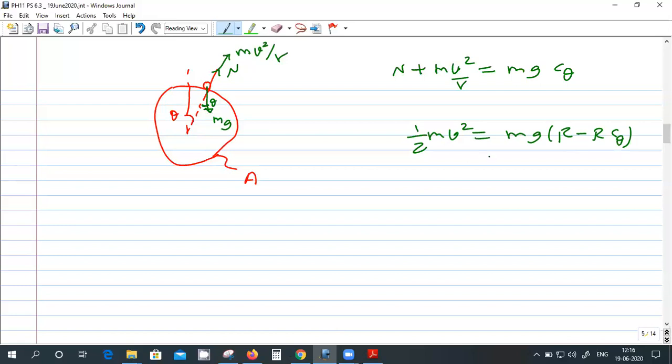So you can write mv square as 2mg times this. So mv square by R is there. R is here, so you can take R here. So you can write mv square by R as